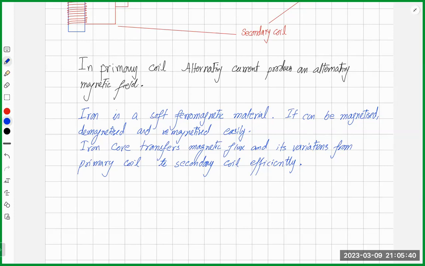We are not using a direct current. We are using an alternating current. Alternating current increases, decreases, changes direction. So the magnetic field it produces also increases, decreases, and changes direction. Very much like current, because magnetic field is produced by the current. Now,